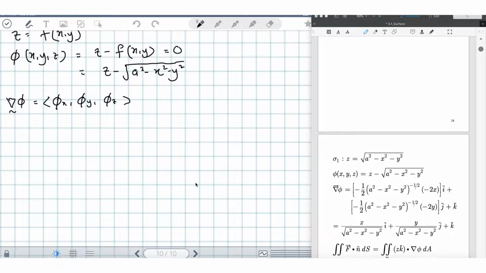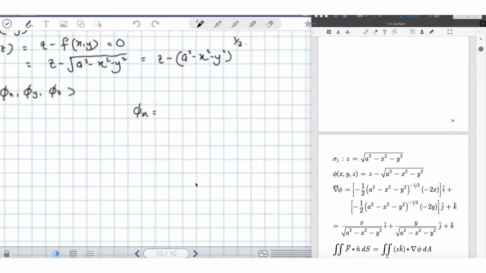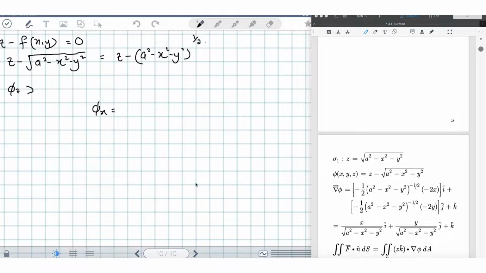So maybe I have to rearrange this to be z minus (a squared minus x squared minus y squared) to the power of 1 over 2. So when you differentiate with respect to x, I'll show you phi x first. So z is 0,